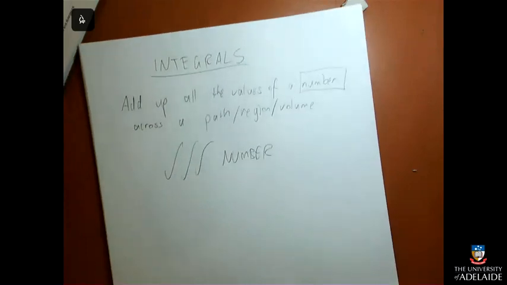And when we say add up, we're taking into account that if the number is more often a certain value, then it counts more. So if it's mostly close to 3 across a large region, then your answer would be closer to 3 than it would be if it was less than that. Which means that if you want to think units,